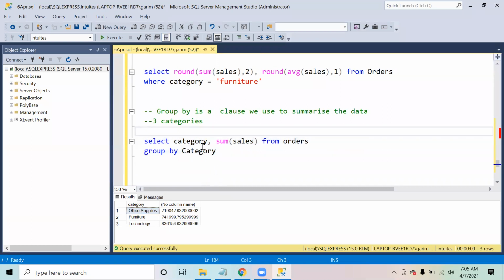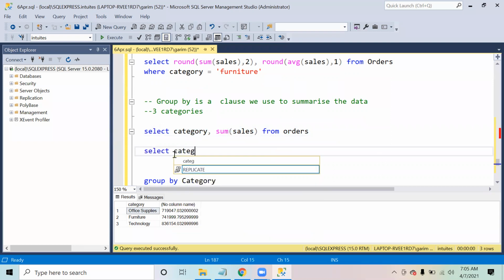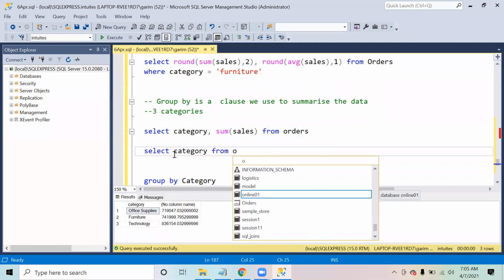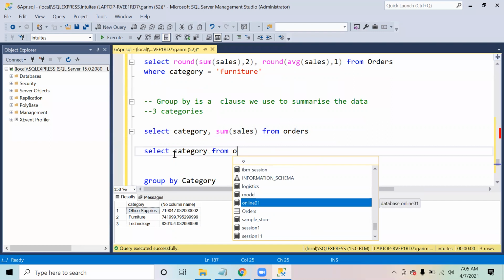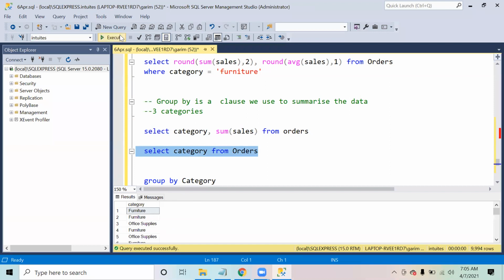If I run just this much of the query, it is not going to work. Why? Because I am saying that from the orders table, I want to pick the column category and the sum of sales. If I say SELECT category FROM orders, it is going to select the entire column.